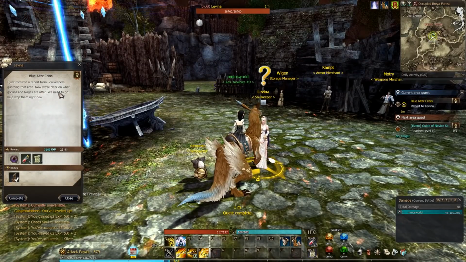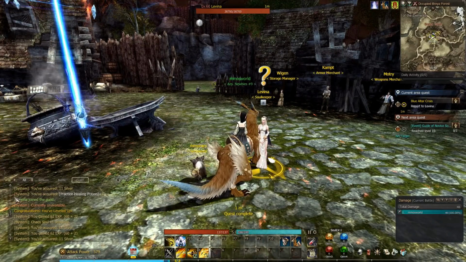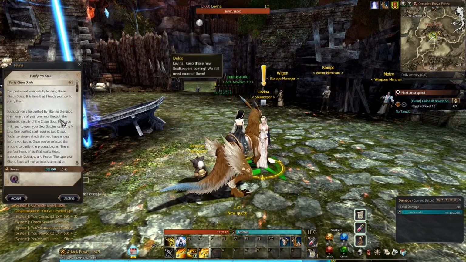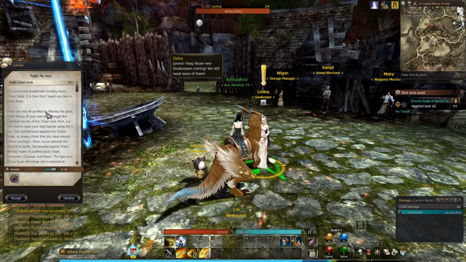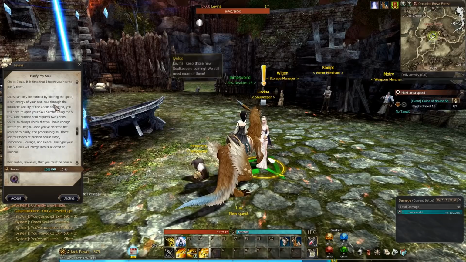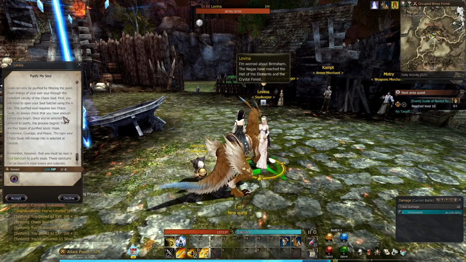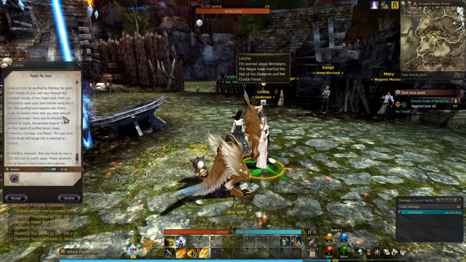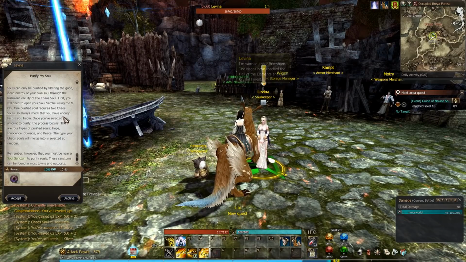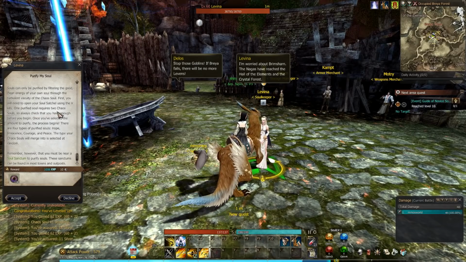Awesome. Let's see. Now we're clear on what goblins and nagas are after. Let's go ahead and turn this in for some boots. And done. So Purify My Soul is the next one. You've performed wonderfully fetching these Chaos Souls. It's time to teach you how to purify them. Souls can only be purified by filtering the good, clean energy of your own soul through the turbulent vacuity of the Chaos Soul. First, you will need to open your soul satchel using the V key. One purified soul requires 2 Chaos...